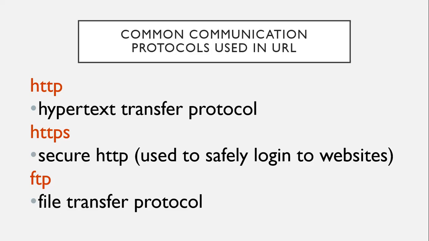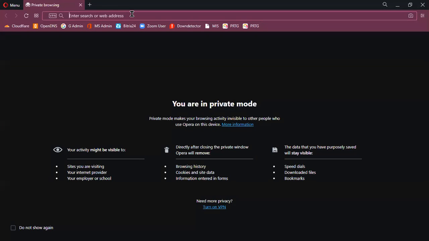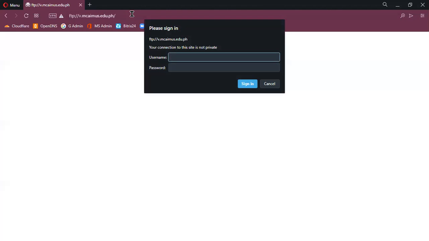So I have one here in MCA, and I use this one to store my disk images for my computer. So let me connect to my FTP server. I have to write down FTP colon slash slash and the server name. I have to authenticate.